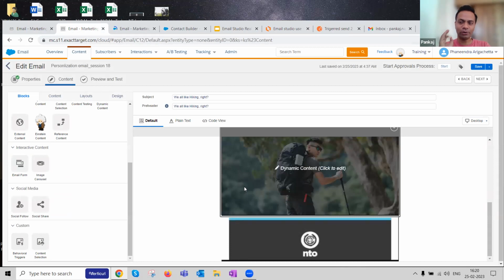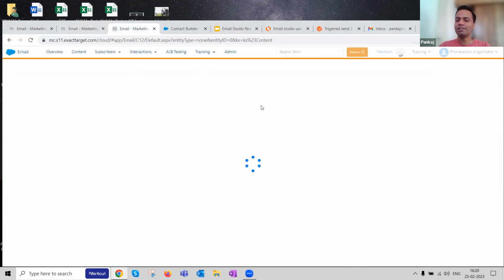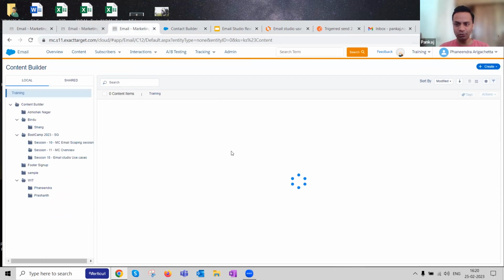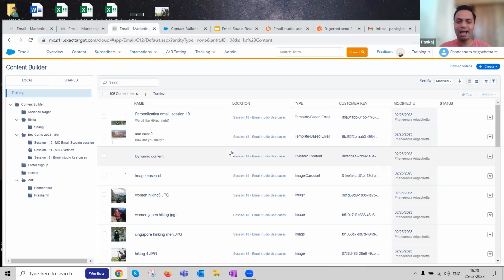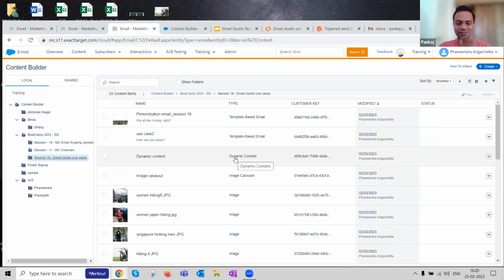Another important point for any demonstration: unless it is explicitly asked, don't create new things in SFMC. Don't try to show them an end-to-end perspective in any demo, because it will land you in some embarrassing situations, because email won't go, for example. You never know. It generally works, but it won't at that particular stage. So be cognizant of that fact. Another nugget from my experience: edit things, don't create and show the end-to-end journey. Absolutely not, until it's asked for.